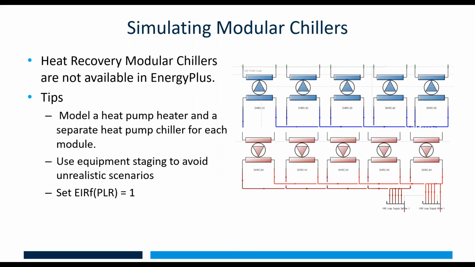One thing I wanted to highlight, because it gets used so much with geothermal systems, is simulating modular chillers. This is actually a trick from back eQuest mailing list days. Energy Plus doesn't have a heat recovery chiller component in it. So what you have to do is you duplicate each module as a heat pump chiller and a heat pump heater. You can then use the staging for the loops to make sure you don't get